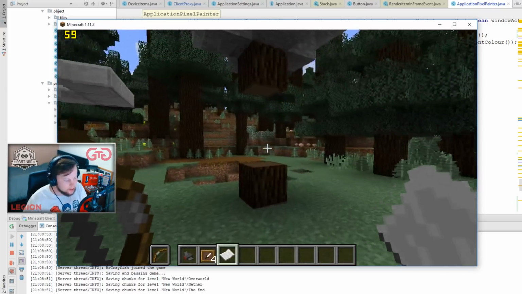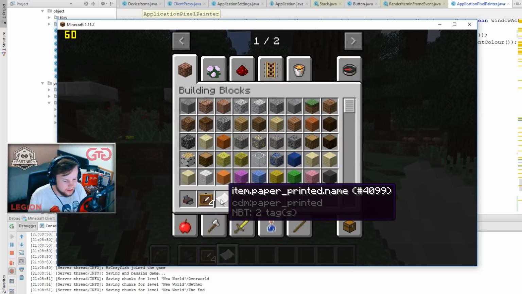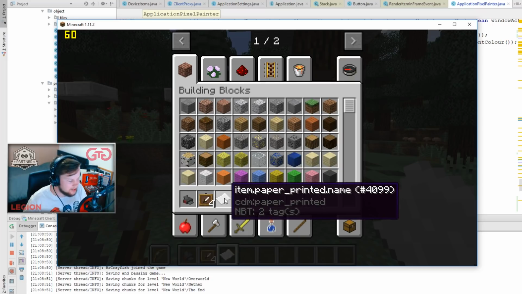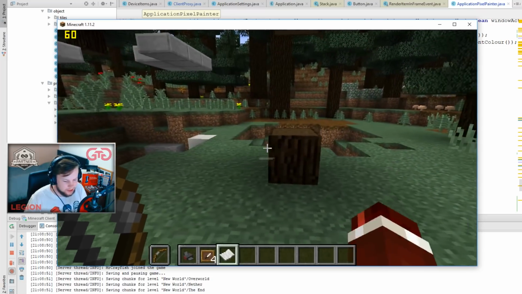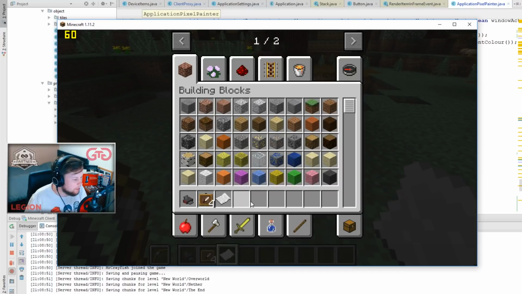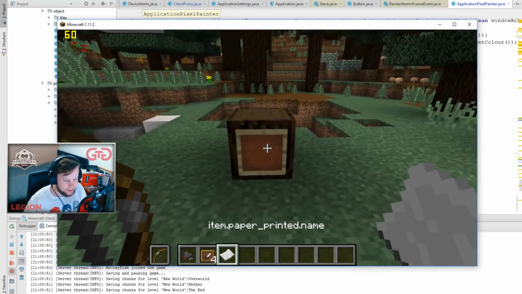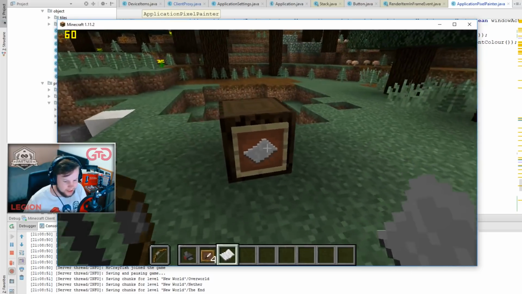All right, so here we go. Now we've actually got this piece of paper, right? It's not normal paper, it's printed paper, right? It's a different item, but it just has the same texture. That won't be that, it'll be a little bit different. I just did it for now. But we pop down an item frame here, then we pop that in, and